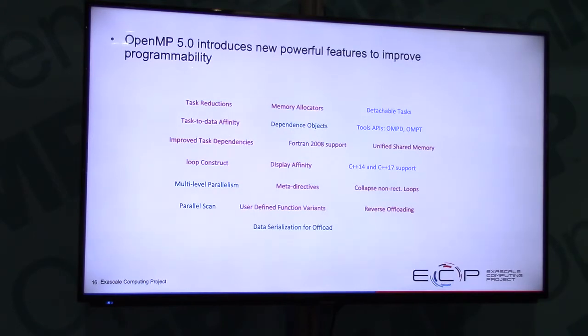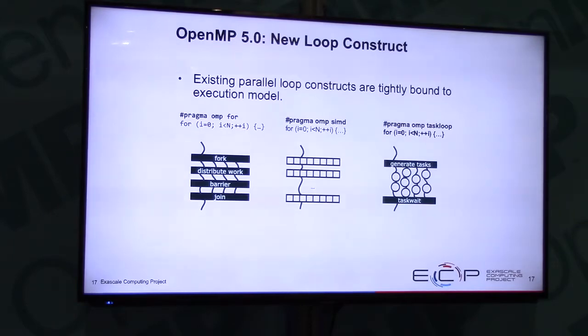One is based on the loop directive that we added in OpenMP 5.0, where we leave the capability to the compiler to pick the best implementations and the schedules. And we also have the capability of adding these custom mappers that I just talked about before, and also the support for shared memory, for unified memory, which is also going to reduce the burden of moving codes from the host to the device. So this is just an example of how these directives are going to look in the codes, where we can just express